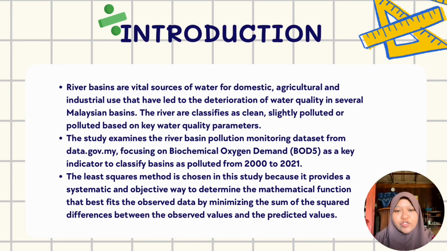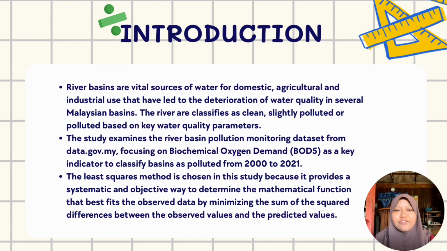So for the introduction, river basins are vital sources of water for domestic, agricultural and industrial use, which have led to the deterioration of water quality in several Malaysian basins. The rivers are classified as clean, slightly polluted or polluted based on key water quality parameters. The study examined the river basin pollution